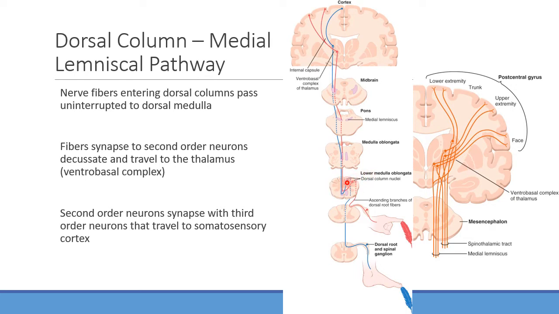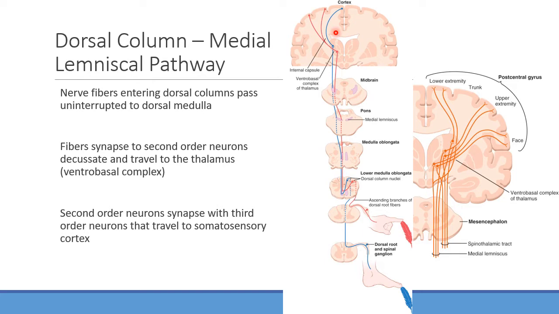And then what do you notice here about the pathway? Crossing over at this point, right? So again, this is where it's going to be crossing over to the contralateral side, and then it can travel up to the brain. So then it travels up here. It's going to go into the thalamus, up here, and then that is going to go out into the somatosensory cortex. Okay, we'll show you again a little bit more detail what that looks like in a second. But this is going to be those quick sensations, very fine, precise sense of touch heading through this pathway here.